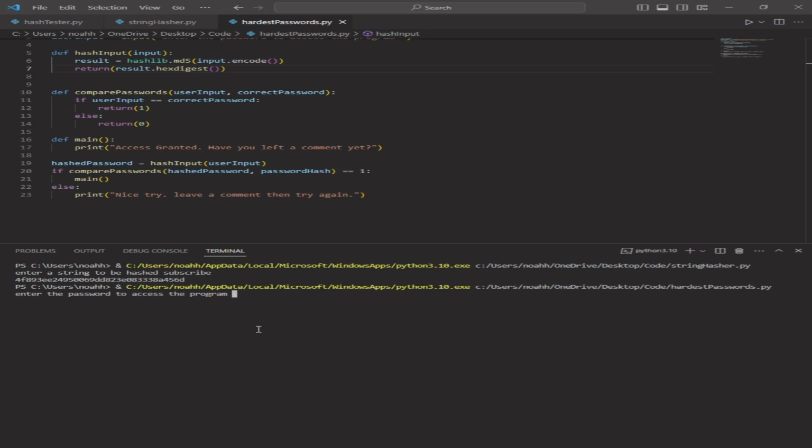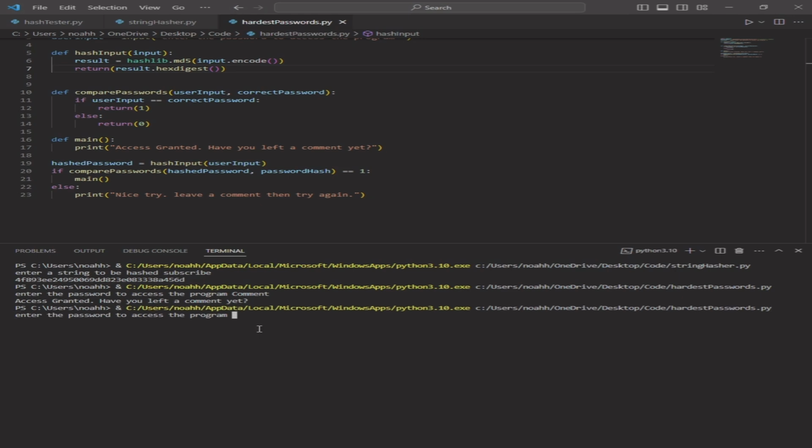If we enter the correct password, which is comment, it'll say access granted. If we enter an incorrect password, it will tell us that we have the wrong password. So, as I mentioned before,